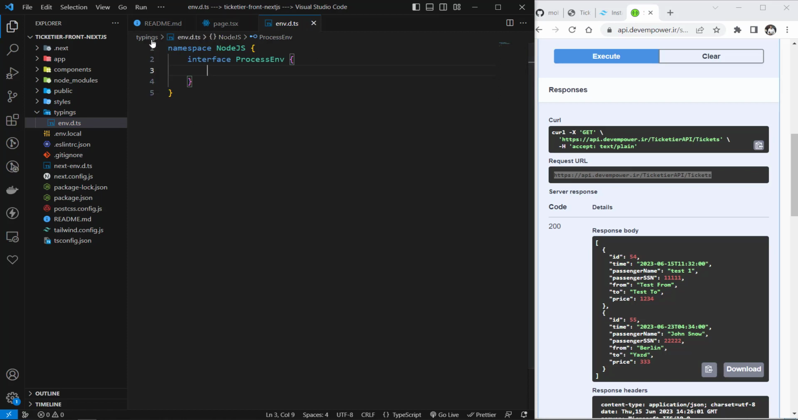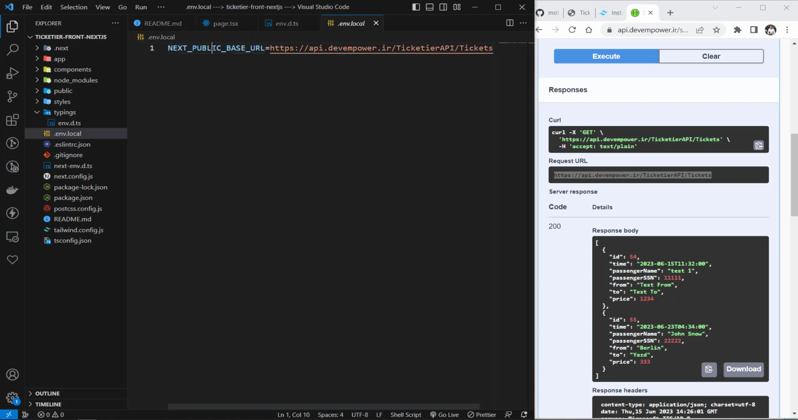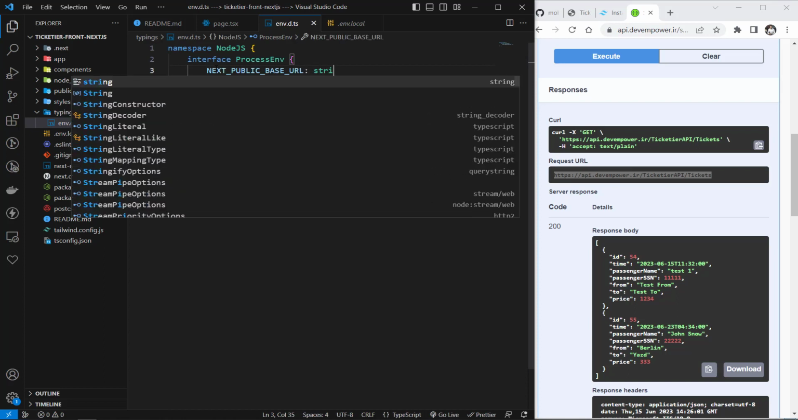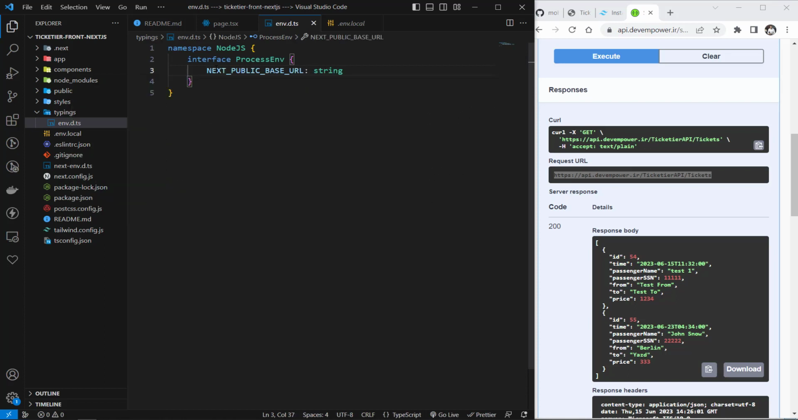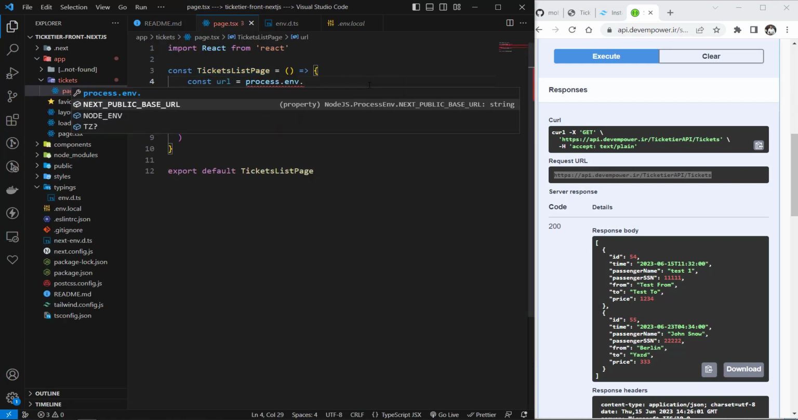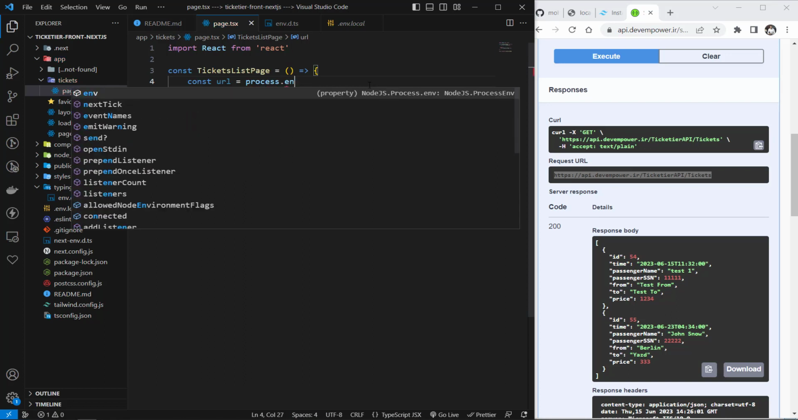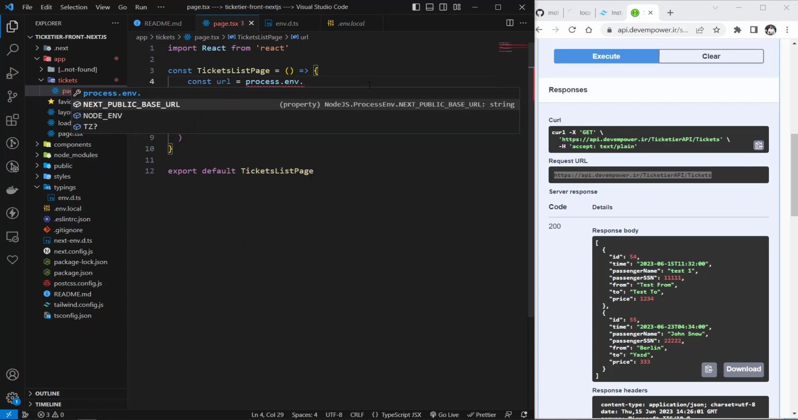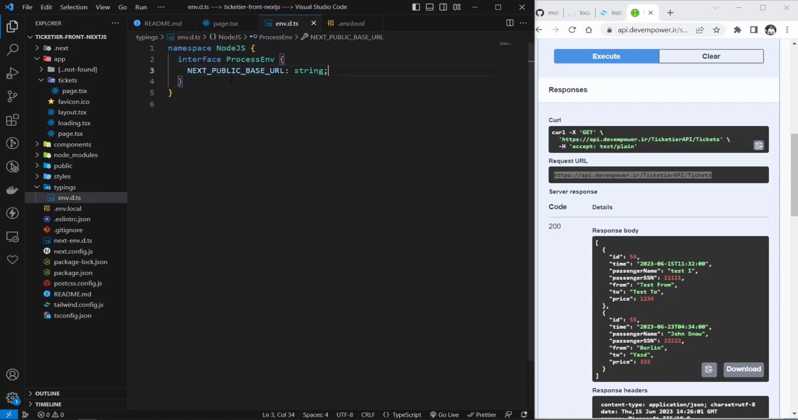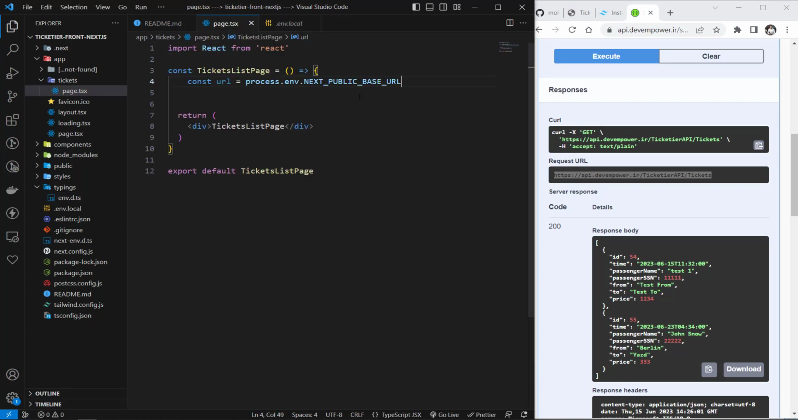So let's copy the name. This is my name, and here I say this is type of string. That's it. And so if I go to the page and I delete this, now you can see that for process.env here I have access to NEXT_PUBLIC_BASE_URL, and it is suggested because here we added it to Node.js. That's so good. So this is the URL, and then we need to fetch the data from that URL